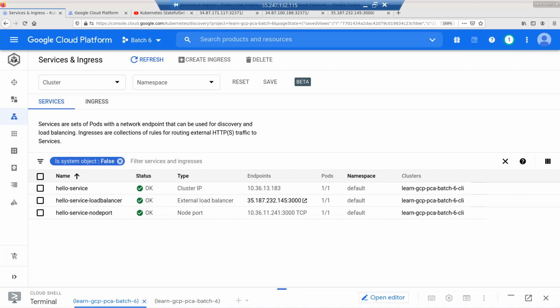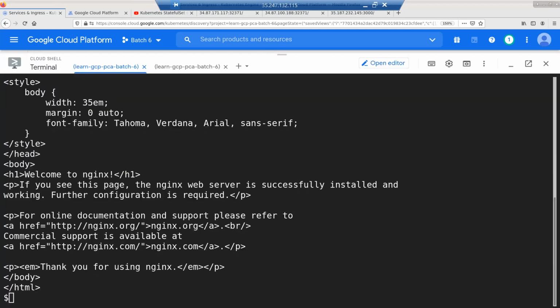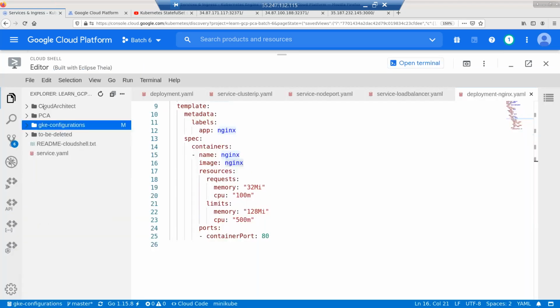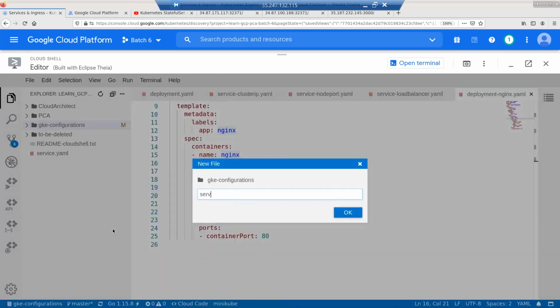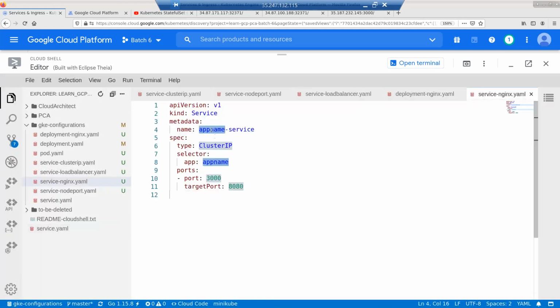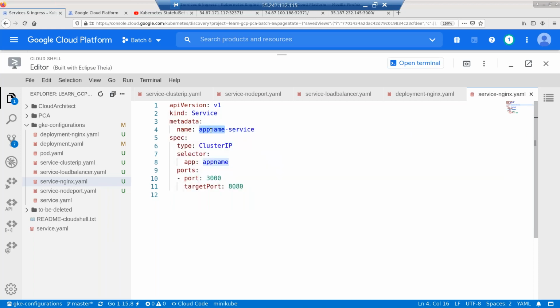This is what you want. So what we will do, we'll create a new service. Simple. So let's create a new service. Again, leverage our Cloud Shell editor. So easy. Now it becomes so easy for us to create this. So I'll create it as service-nginx.yaml so that I don't confuse myself. Control space bar, Kubernetes service. The name of this thing is, sorry,